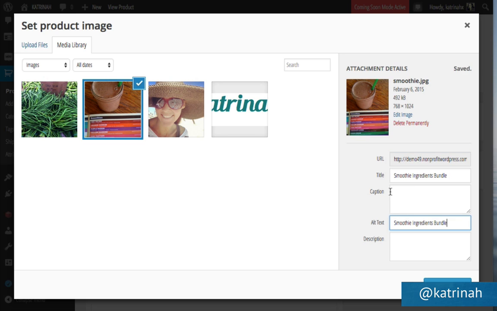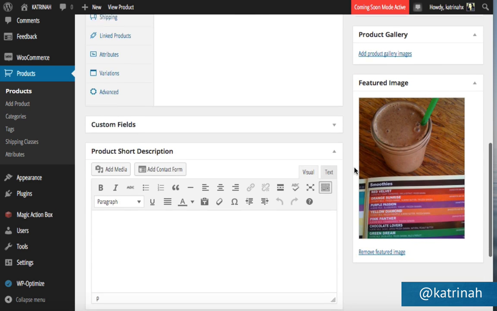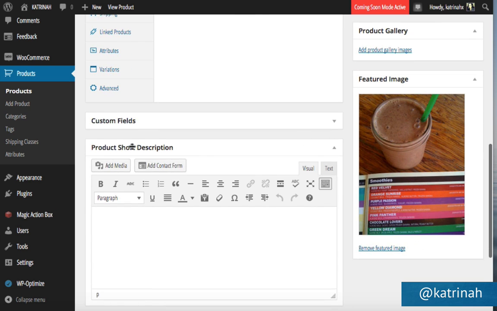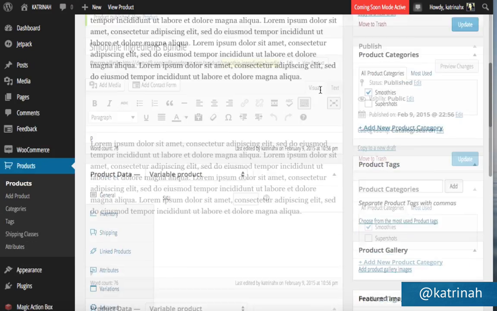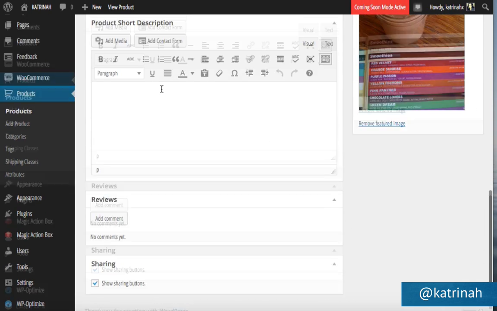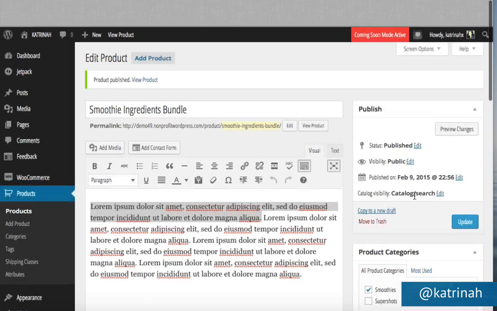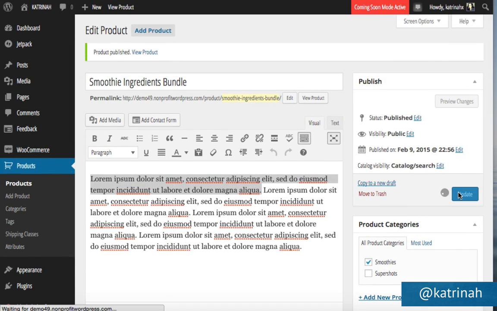And once you have both the title and alternative text, go ahead and click on this link that says Set Product Image to set the product image. Now also note on the left-hand side we have our product short description, which we have not yet filled out. This is optional, but I do prefer to add a short description, so I'll just add one sentence right here to the short product description field. Add that right there, and then coming up to the top, I'm going to update this by clicking on Update.